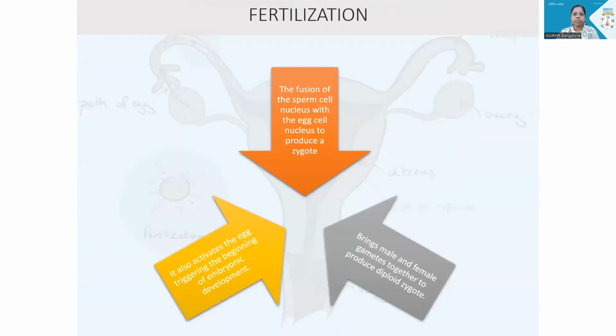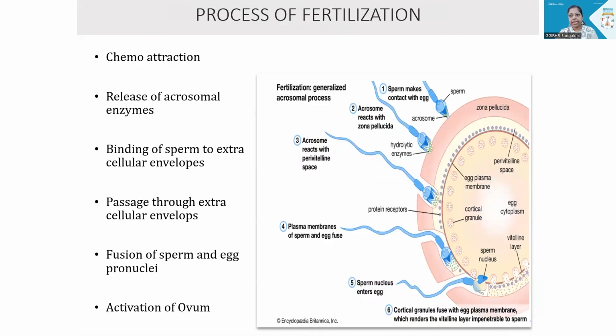The fusion of the sperm cell nucleus with the egg cell produces a zygote. It also activates the egg, triggering the beginning of the embryonic development, and brings male and female gametes together to produce a diploid zygote. In the process of fertilization, the sperm makes contact with the egg, then the acrosome reacts with the zona pellucida,